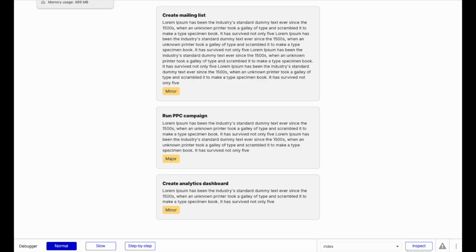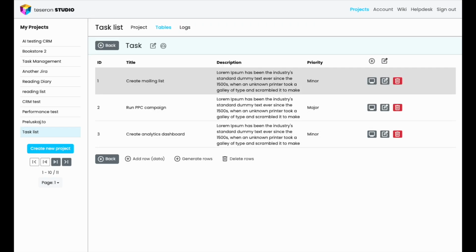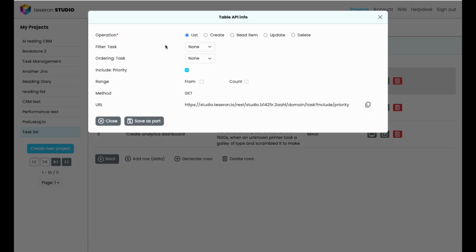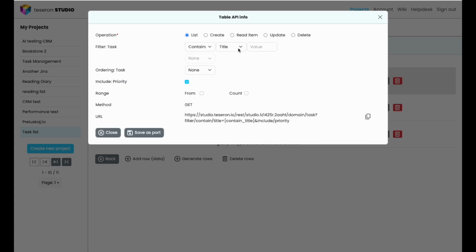What we can now try to do, if we go back to Teseron Studio, is push this even a little bit further. If we want to be able to filter within the tasks, we can say contains title value. By this we're saying that if something from the title contains this value that's going to be here, then display that task. Now this filter is added into my URL, so I can grab this URL,